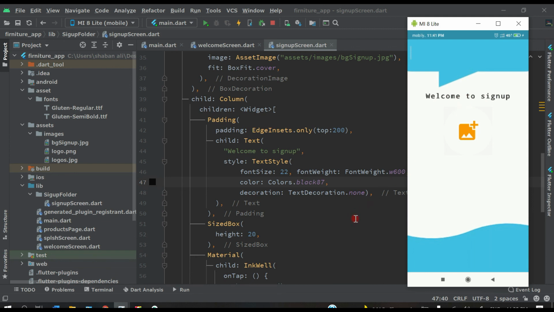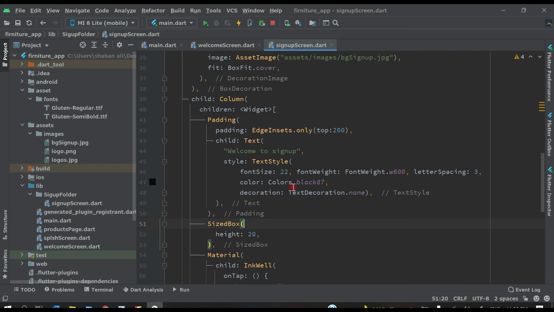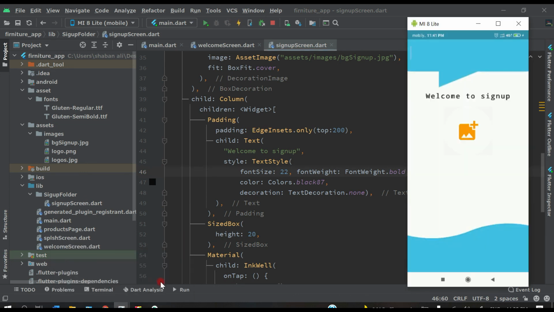And come back here, let's give the font weight bold, default. Now you can see our heading is here.